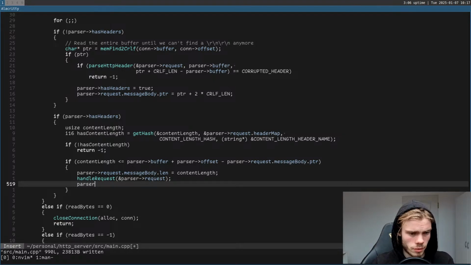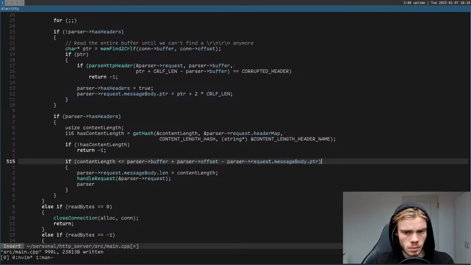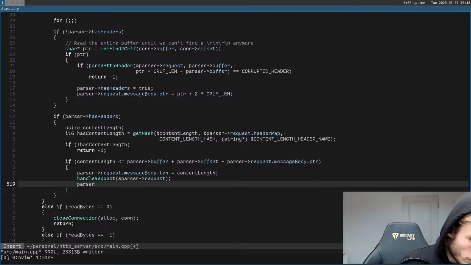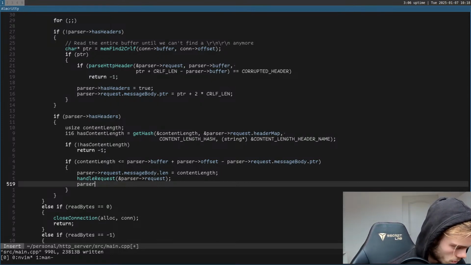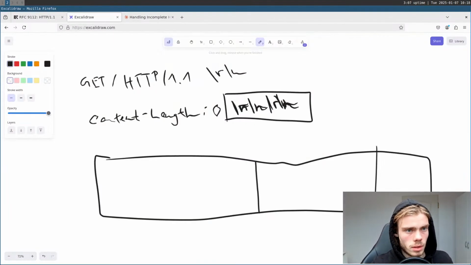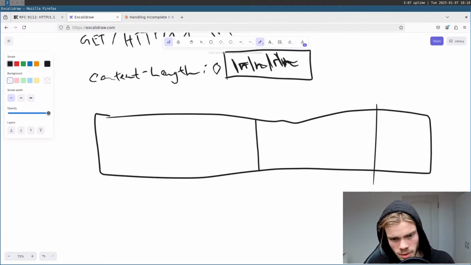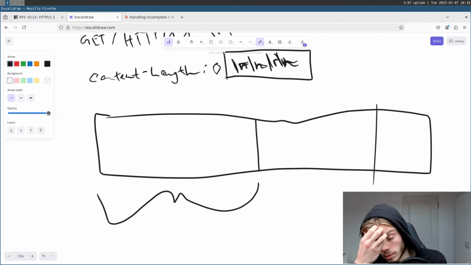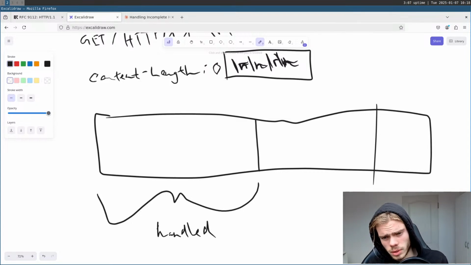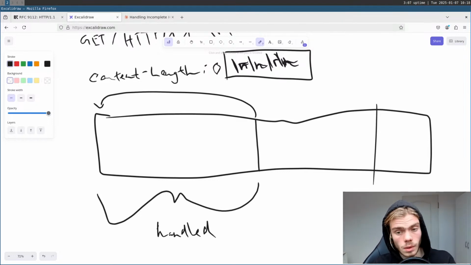That would mean parser, we would have to move all of the memory that was previously. So let's say we parsed this thing here. This was an entire request. Now this was handled, and when we want to reset the parser, we have to move all of this memory here to the start. So